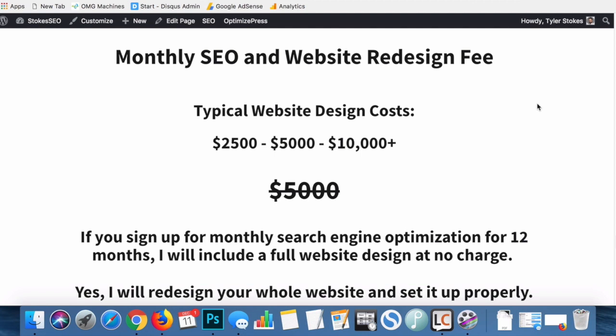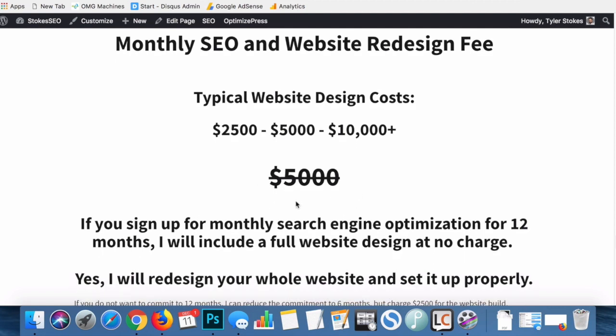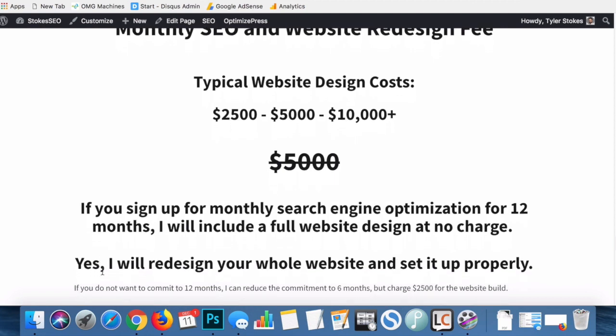So in these cases where I'm doing a website redesign, I like to scratch the entire fee if you commit to a 12-month commitment for search engine optimization. So if you sign up for the monthly search engine optimization for 12 months, we can reduce and eliminate this initial fee. Now, if you did not want to do that, the other option would be to commit to say 6 months, but then I would need to charge $2,500 for the full website design and transfer. So certainly up to you, but this is much better in terms of